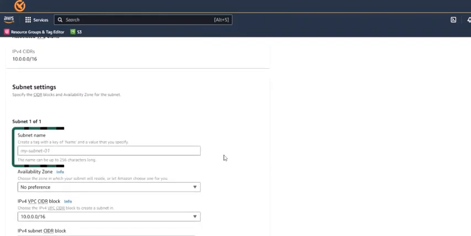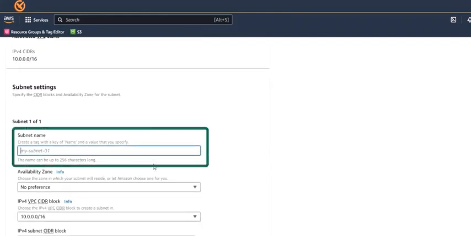And then let's scroll down and name our subnet. We go to subnet name and enter demo-VPC public subnet.